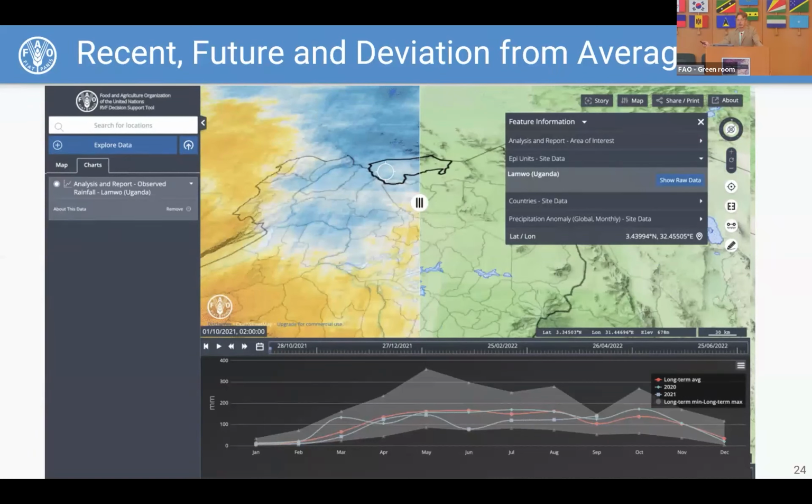Earlier in the presentation, I talked about some of the well-known areas. An example of a well-known area here is Lamwo, which is in Uganda. By putting the layer on the map for the districts, we're able to select it. This black ring that you see up there is the particular district that I'm interested in. So we can send that information over to the back-end analysis services, and then they will summarize the information for